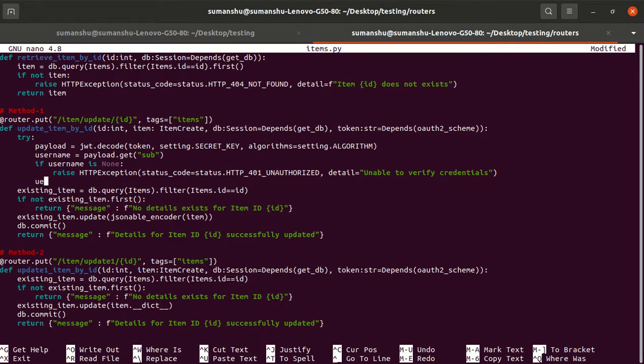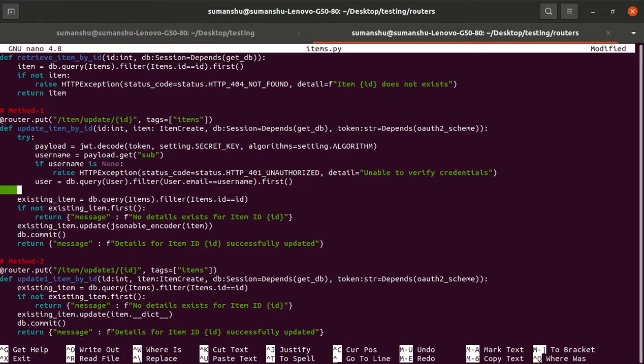Then we will try to get the user. If username is not null, then we will get the user: db.query, from the user table we will filter by user.email is equal to username, because username contains the email field, and .first.